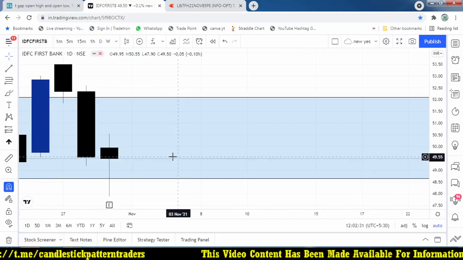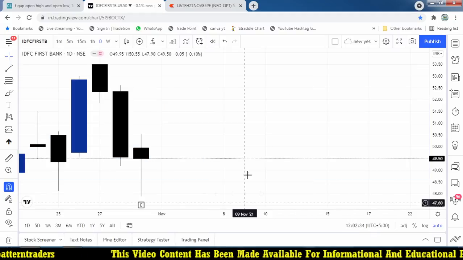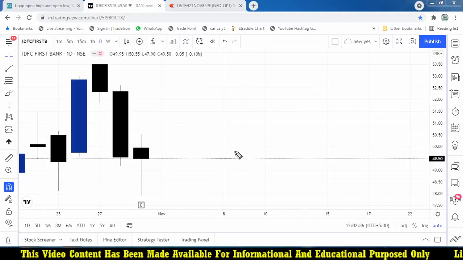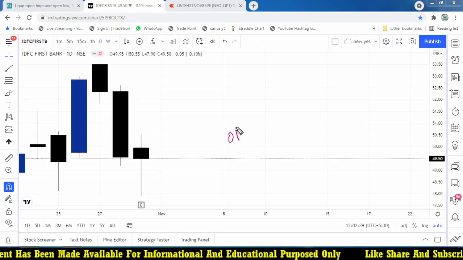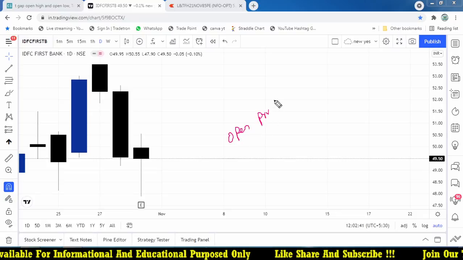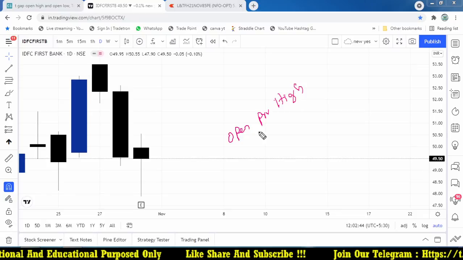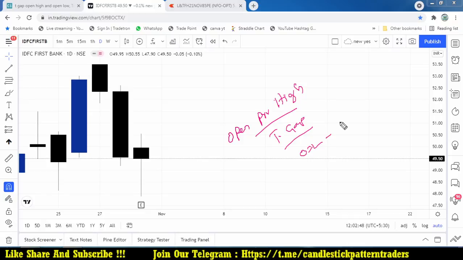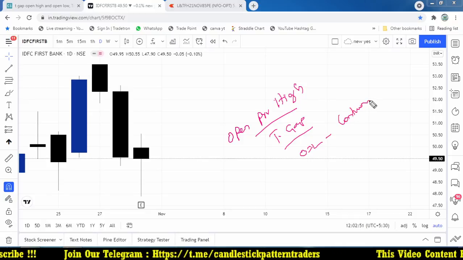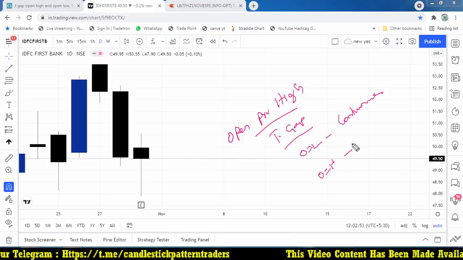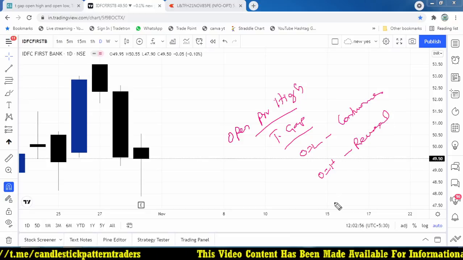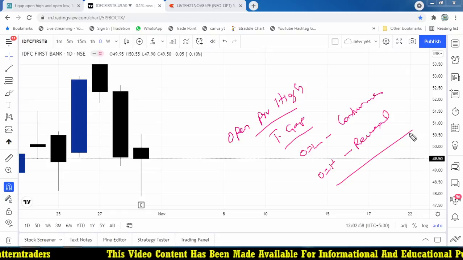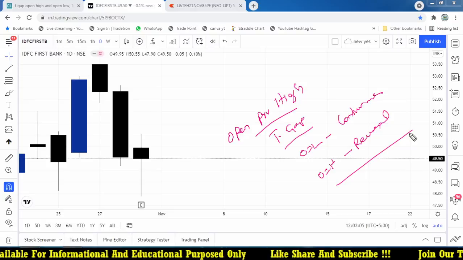The stock opened above the previous day high, so again I'm going to discuss this here. Stock opens above the previous day high, so technical gap. If open equals low, the trend continues. If open equals high, reversal. If you follow this method, you should get some logic for your trade, and may get a good idea to benefit you.